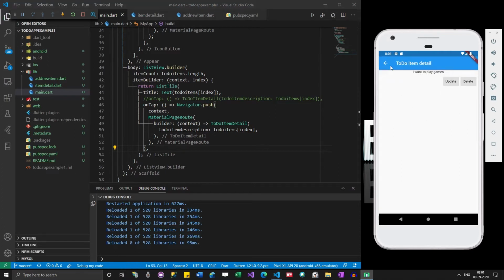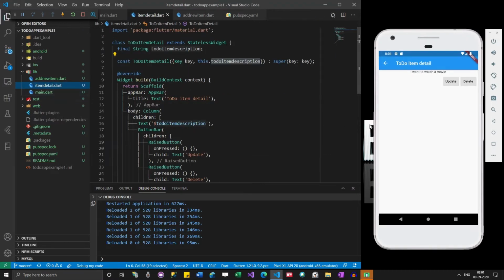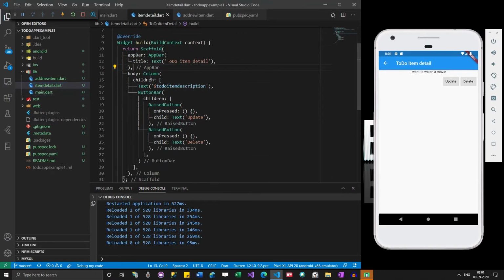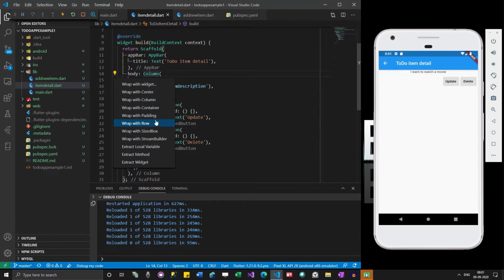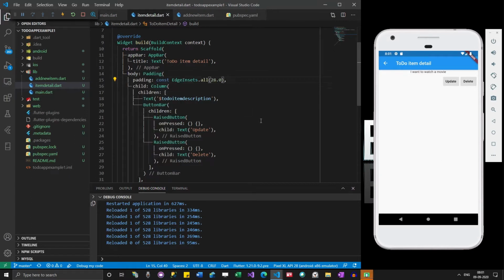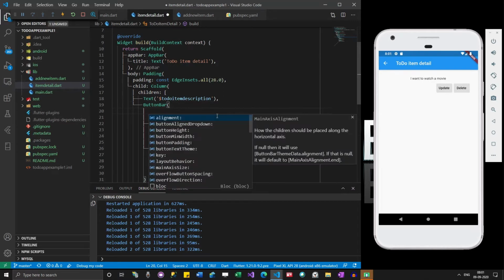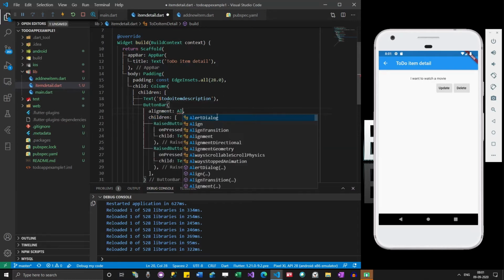So whenever a new item is clicked, you can see it takes me to a new page. Okay, I want to watch a movie. You can say I want to watch it. Let's make it slightly nicer by adding some padding. The problem with button bar is it will not align properly. Okay, it's a main axis alignment.